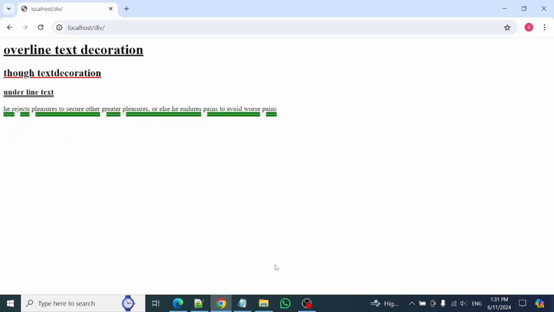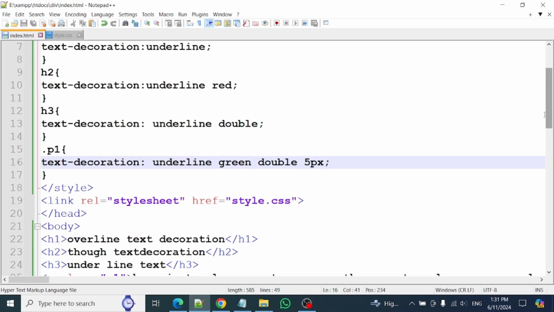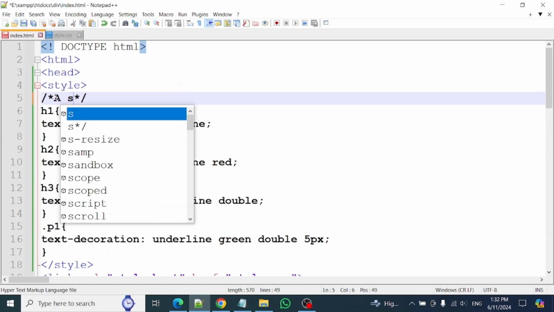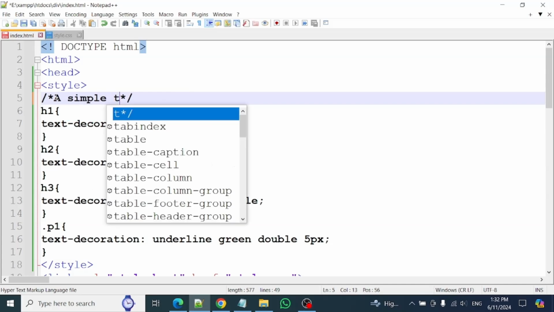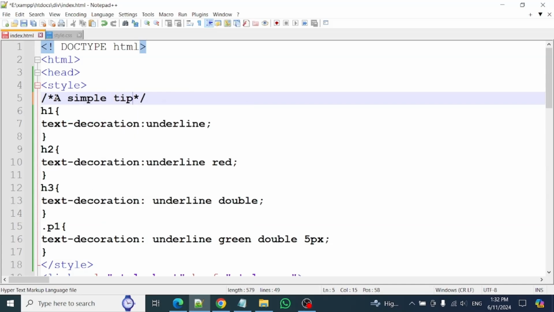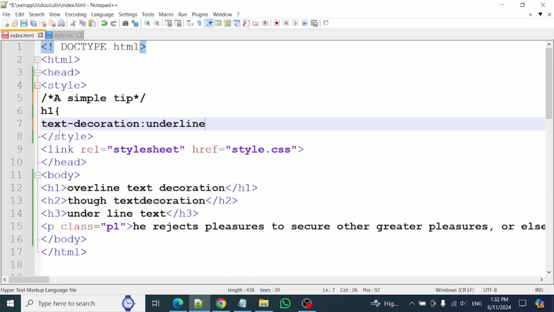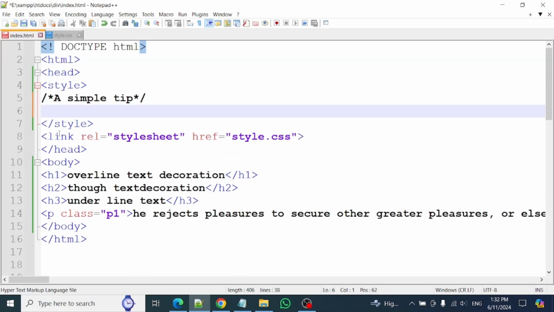Now we will learn about a simple tip. Open Notepad++. In the comment, remove shorthand property, write simple tip, and remove all CSS from the head section in the internal CSS, and now we will use